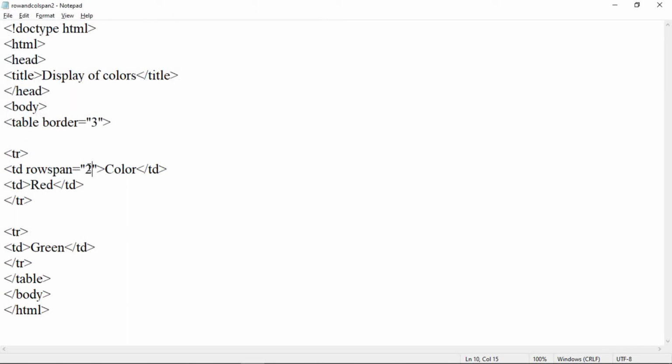Now to span two different columns we have to use a call span attribute. So here instead of row span we have to use a call span. Then within a first row, first column, we have to add a color.